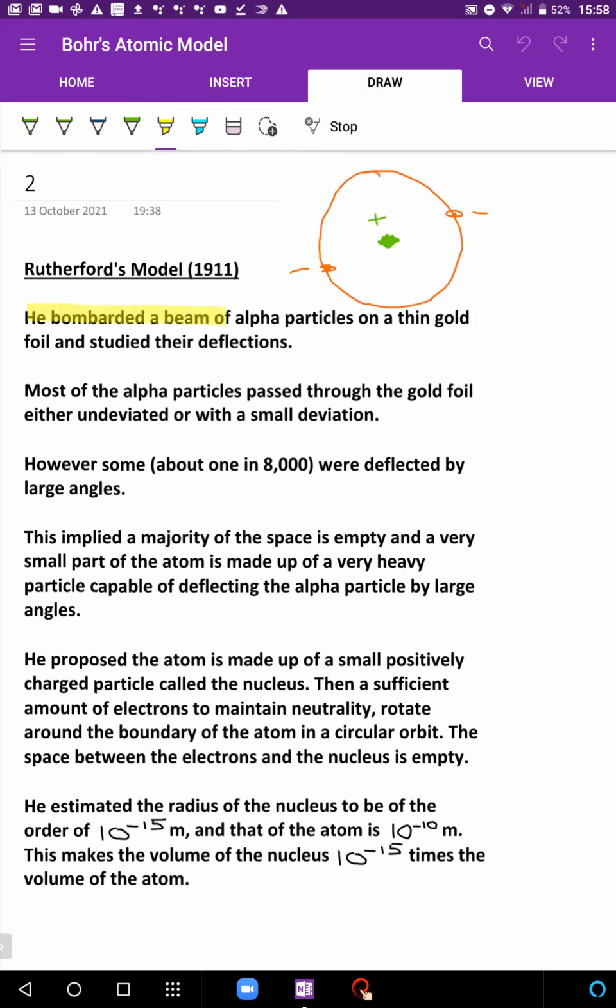He bombarded a beam of alpha particles on a thin gold foil and studied their deflections. Most of the alpha particles passed through the gold foil either undeviated or with a small deviation, in a way similar to what Leonard had done. But